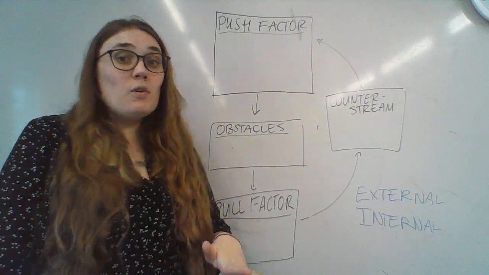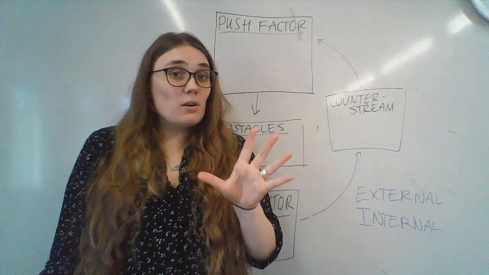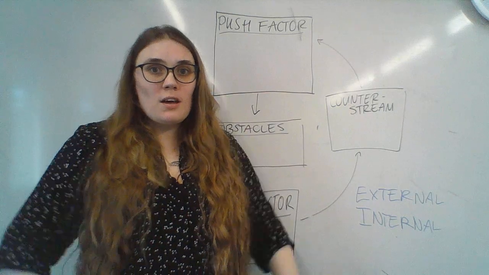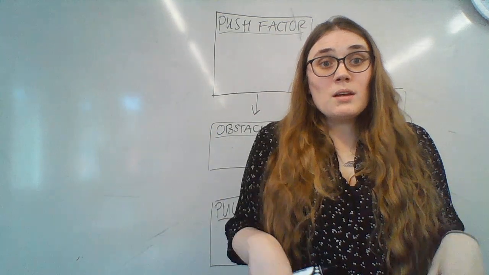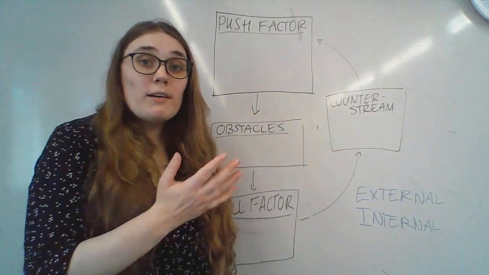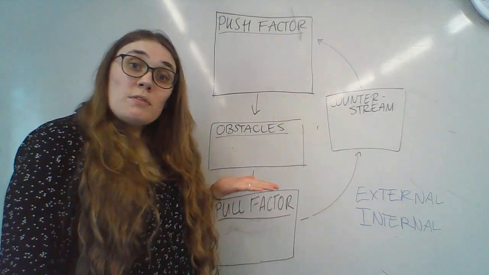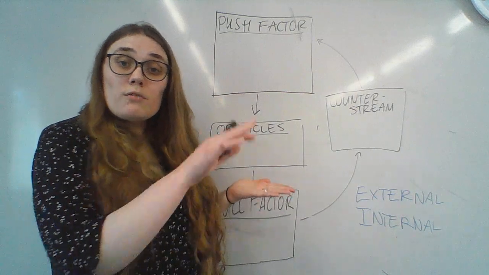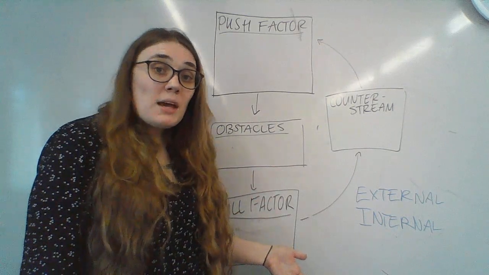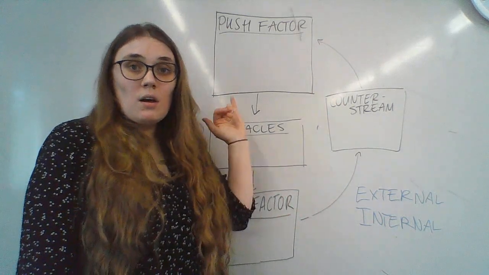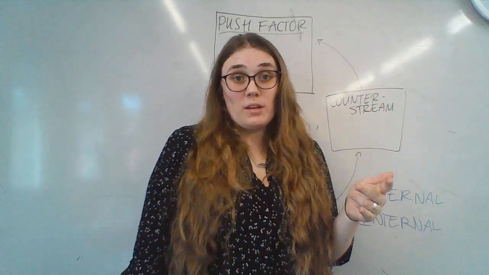But in between them, if you want to show a comprehensive understanding of population migration, you really need to show that you comprehend that it's not just things are bad here, things are good here, and moving between them. It doesn't just form a one-way flow with no impediment on the way. There can be obstacles that prevent people from moving between the places they wish to, and there is usually some manner of counter stream of people returning to the place they originally migrated away from for all number of reasons,